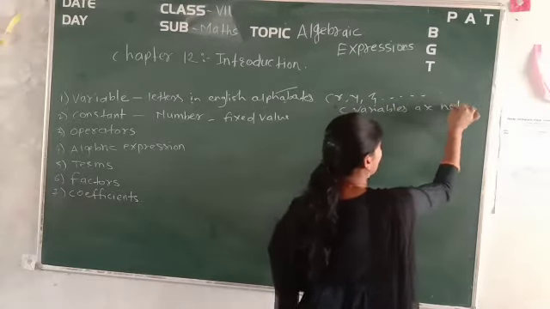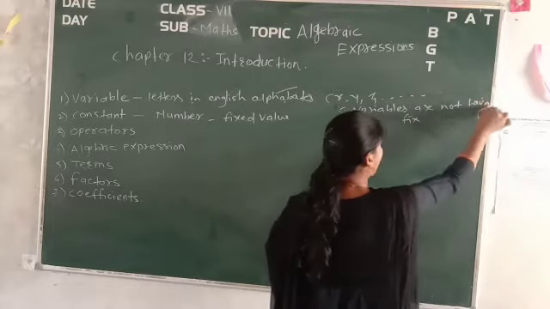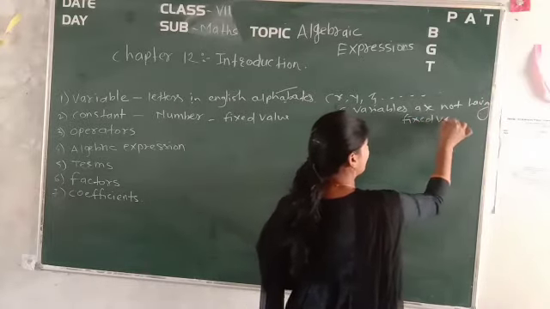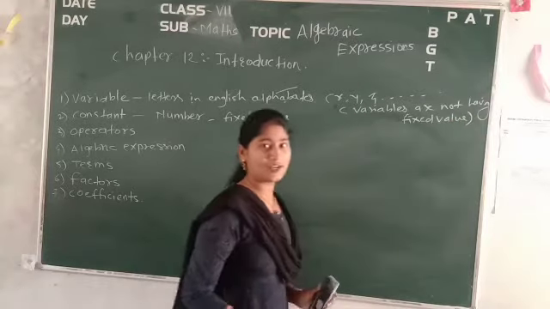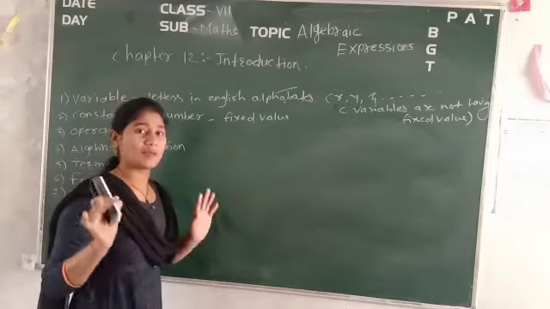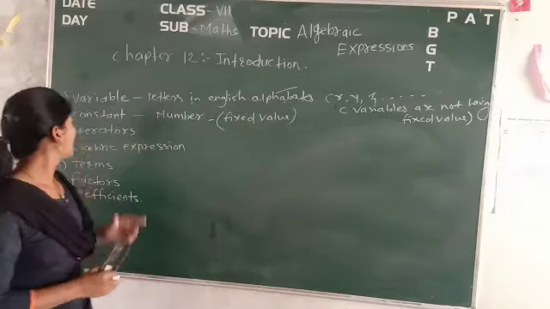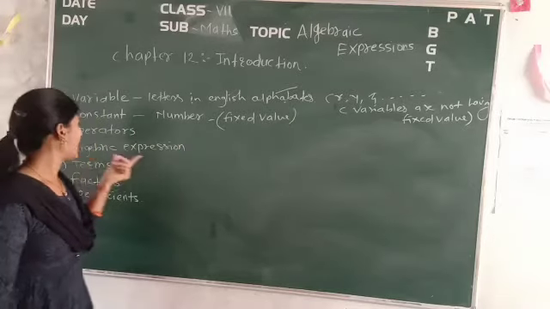Variables are not having a fixed value. In the variable you will not have a fixed value, but in the constant you will have a fixed value. That is the biggest difference that you have to remember. So now you can indicate the constant by the numbers. And now coming to the